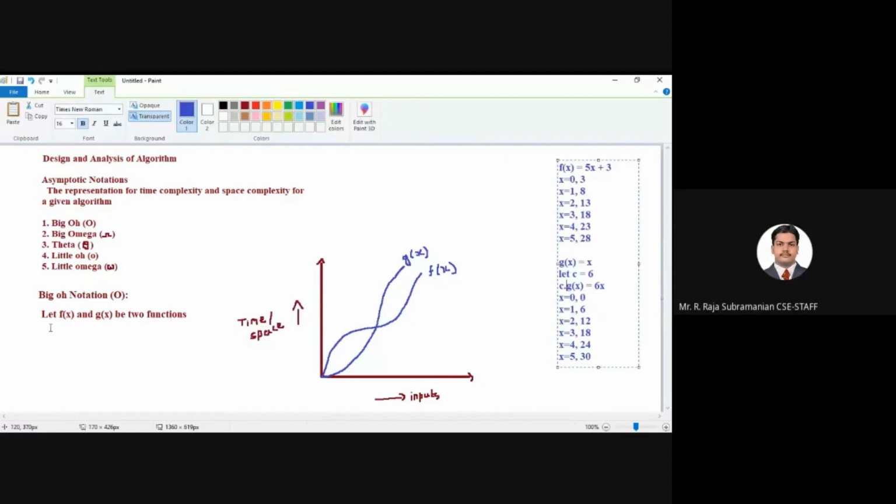Now, let f of x and g of x be two functions. Then f of x is going to be big O notation of g of x. The notation is going to be f of x is equal to big O of g of n, or I can say f of x is equal to big O of g of x, anything x or n, anything I can use. If you are using n, then f of n is equal to like this. If there